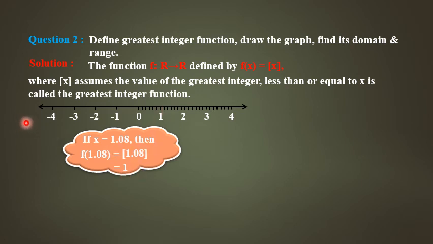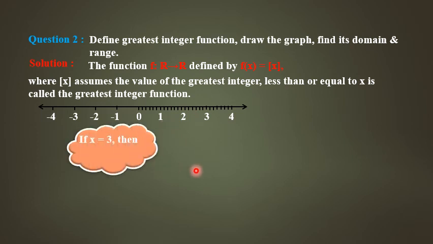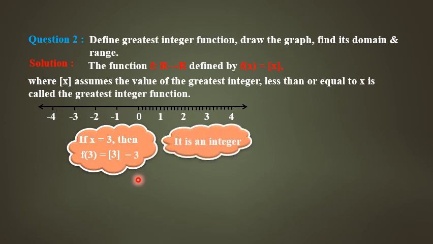See, these are all the integers, but out of all these, this is the largest which is not larger than 1.08. If you take 2, 3, they are all larger than 1.08. You take the rest of all the numbers which are not larger. Yes. So if x equal to 2.5, then f of 2.5 equal to 2, because the number will come here, so its previous number only is the answer for this, correct? Yes. If x equal to 3, then f of 3 is 3 only, correct?